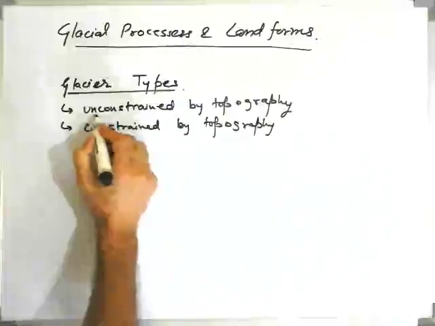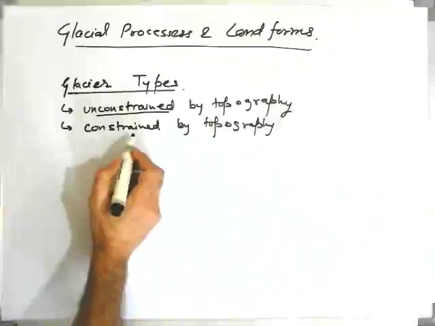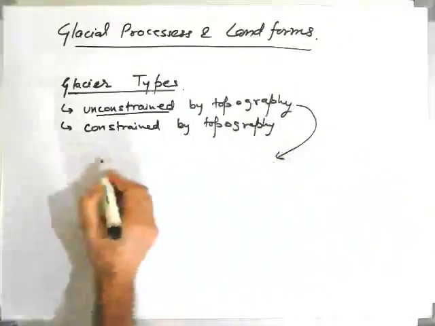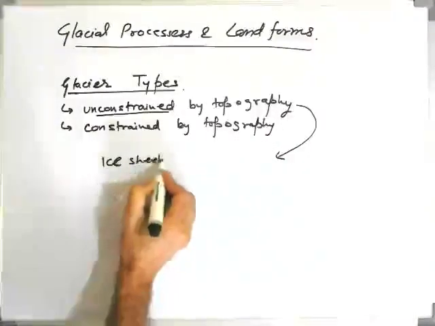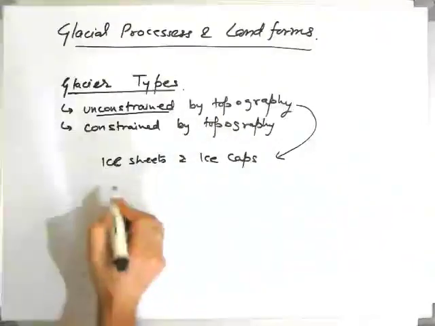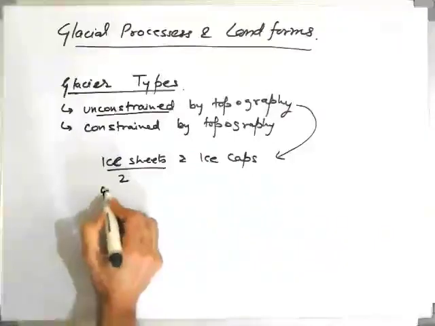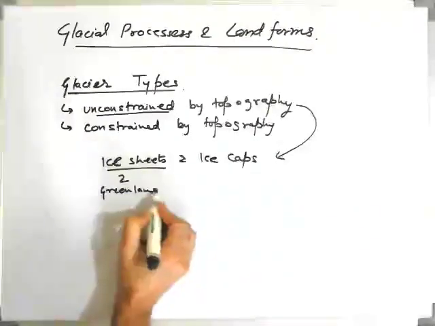Now these kind of glaciers, they are unconstrained by topography. What does it mean? So basically these comprise the ice sheets and ice caps. So we have two ice sheets, that is the Greenland ice sheet in the northern hemisphere,